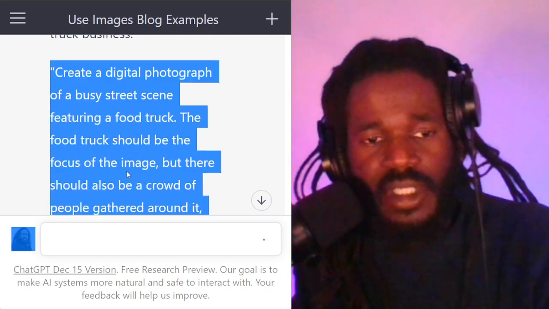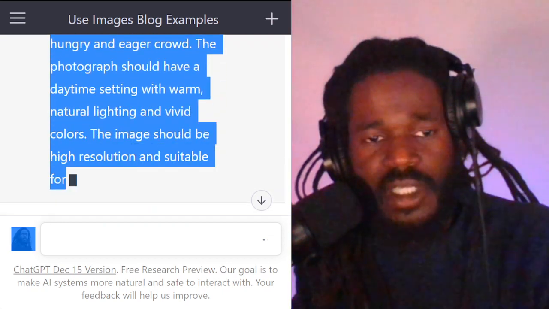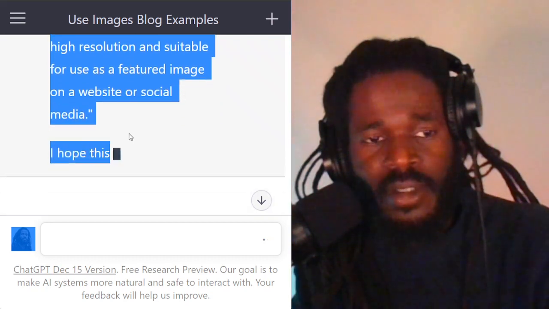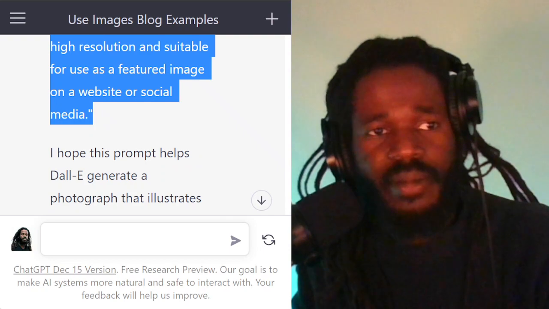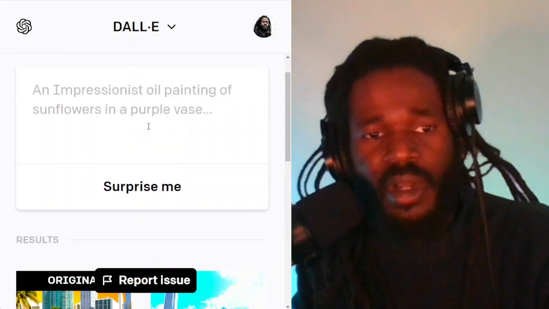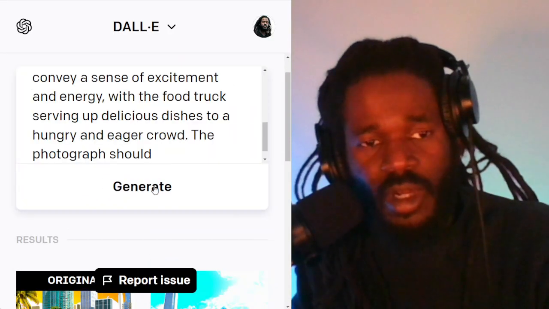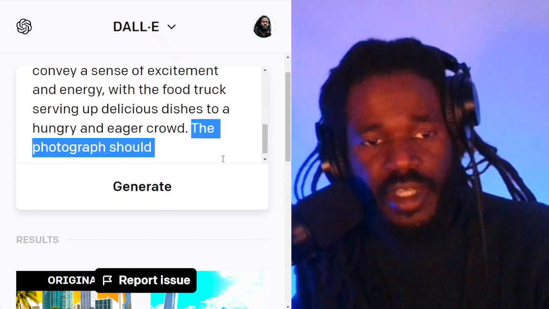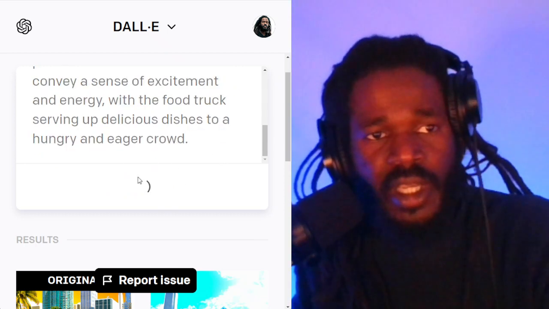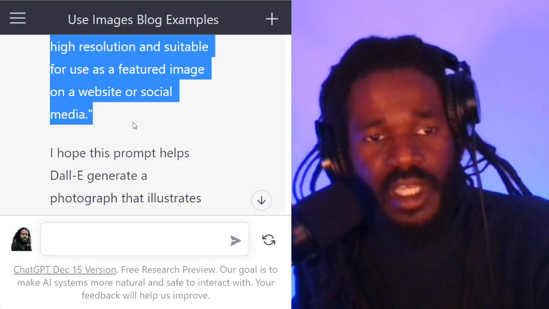So I'm going to copy this text right now as it's writing it. Okay, all right, so let's copy that. And we'll go back. Once we get it working, we're going to go back over here and read it. The photograph should. All right, we'll just delete that. We don't need that. Generate. So now what did it tell us? It said that